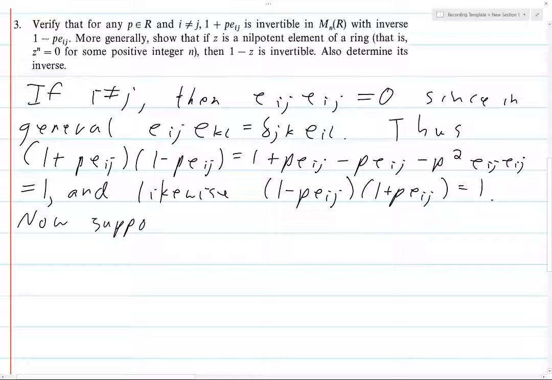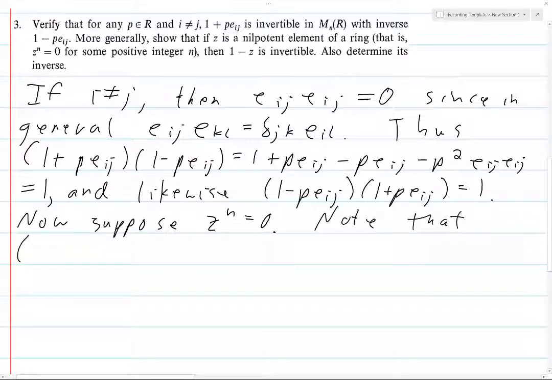Now for something completely different. Now suppose z to the n equals 0. For this part, I didn't use the first part, so I'm wondering if either I did it wrong, which I think is unlikely, or there's some way to do it that uses the first part, but it doesn't seem like it could possibly be easier than the way that I'm going to do it, except that there's something that you need to observe. So note